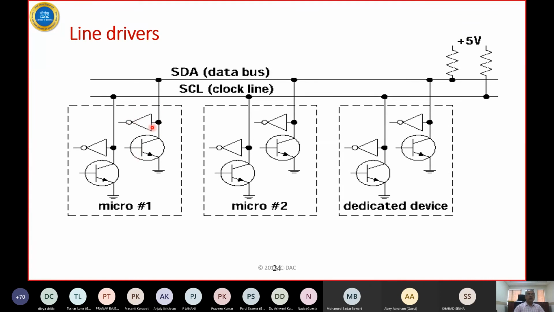Such read and write facility exists both on the data line as well as the clock line for all the devices. And this type of bus is what is called an open collector bus. Because it is open collector, you need to keep the bus in an idle situation. It is pulled high. So when no transmission is occurring on the bus, both these lines are high.